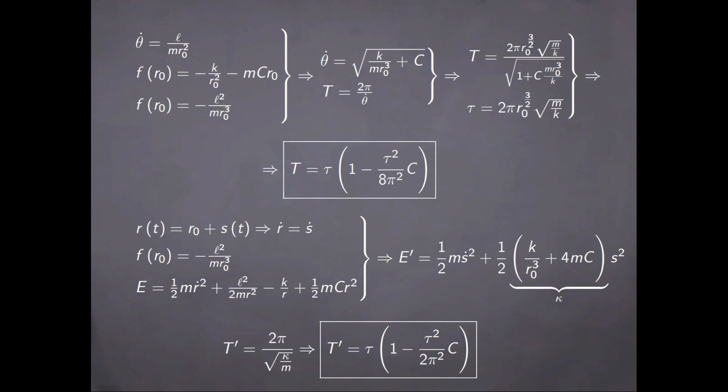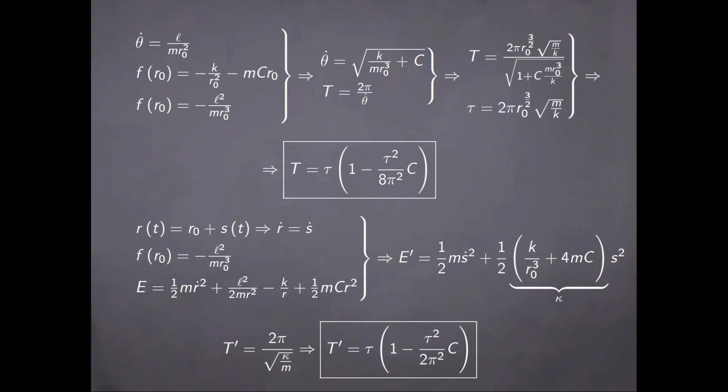We consider that the radius is a function of time, given by the circular radius plus a small oscillation s, such that the derivative of r with respect to time is just the derivative of s, and we will be using the circularity condition here and the general expression for the energy in this field,